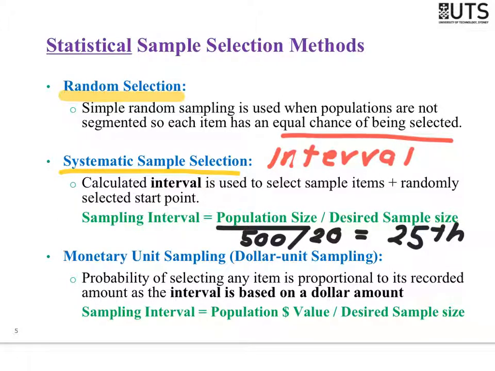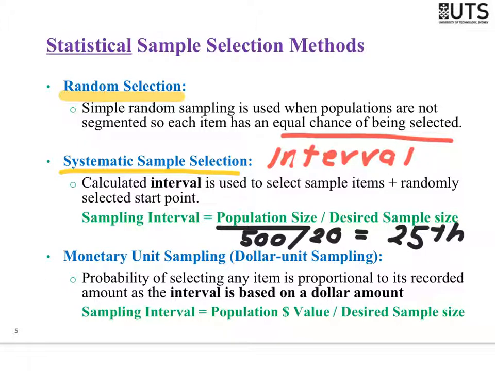So you'll have sales invoice number 1, sales invoice number 2, sales invoice number 3, and so on. So in this case, we know that there's a total of 500. We know our interval is 25. What does that mean? We pick every 25th one. So we pick sales invoice number 25, number 50, number 75, number 100, number 125, and so on and so